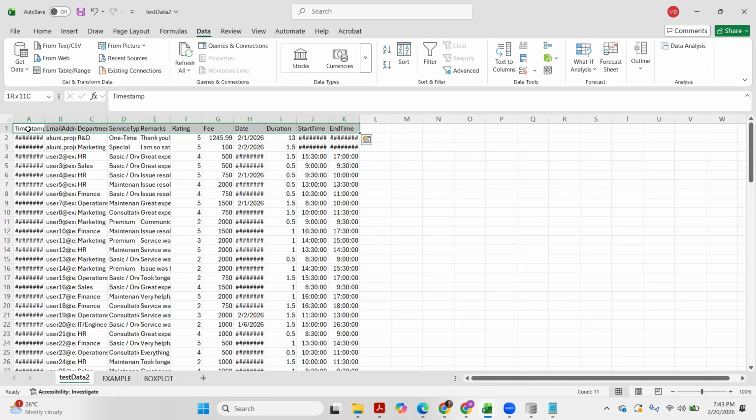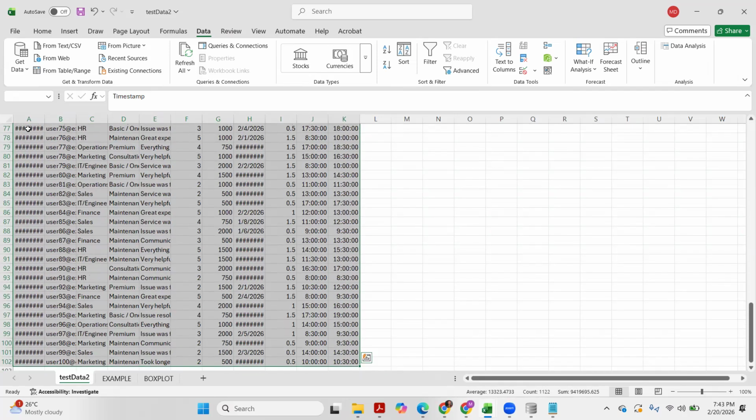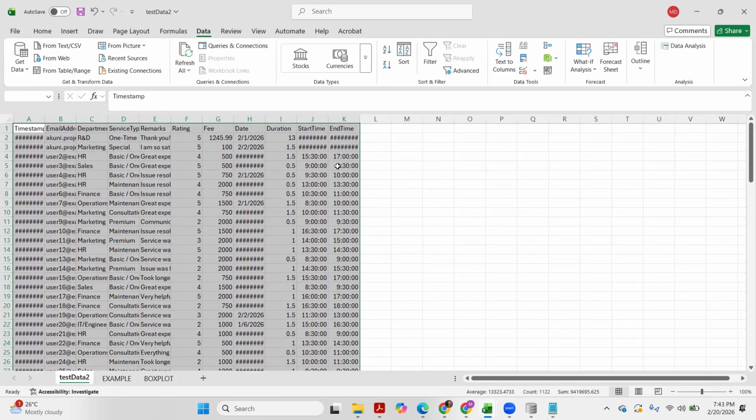After that, Control Shift and the down arrow key to select everything downwards. There are other ways to do this, but if you don't know yet, try this one. You can also manually drag the entire data set if you want.